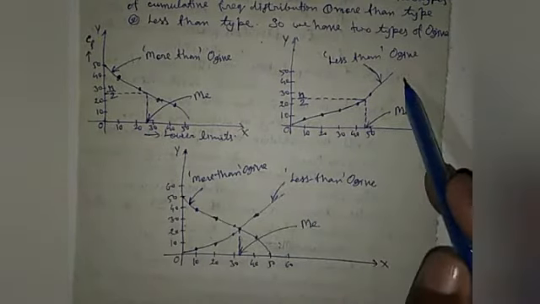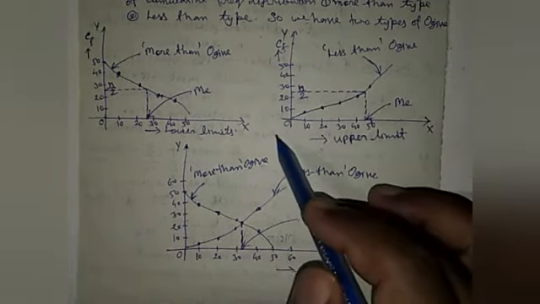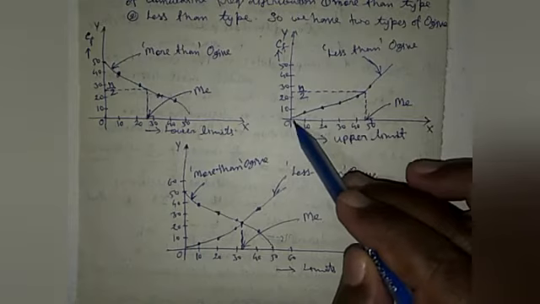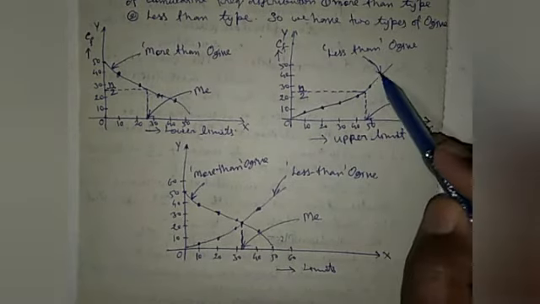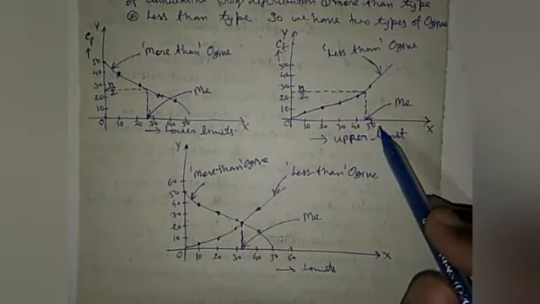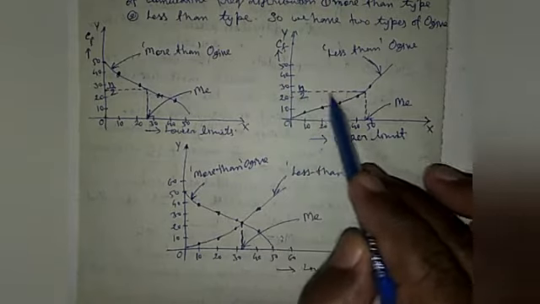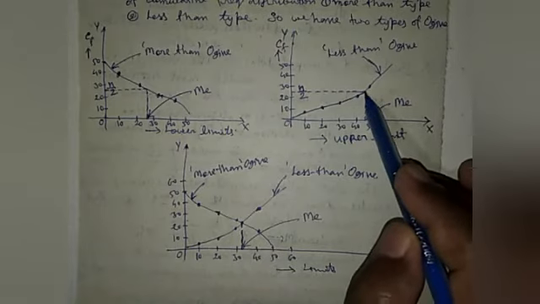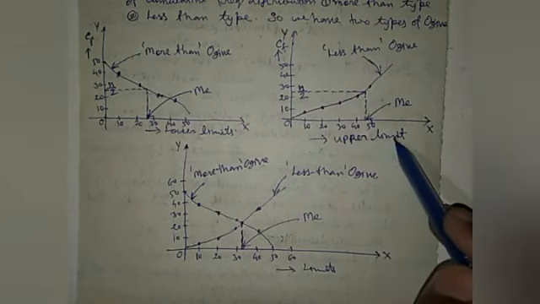Now for the less than type ogive, here we show the upper limits on the x-axis and the cumulative frequency of less than type on the y-axis. So here we have the graph which starts from 0 and goes to the upper side of the y-axis. So it has this type of shape, and here also we can find the median by taking the value of n by 2 on cumulative frequency, and its intersection point gives the median. So here it is the value of the median on the limit side,